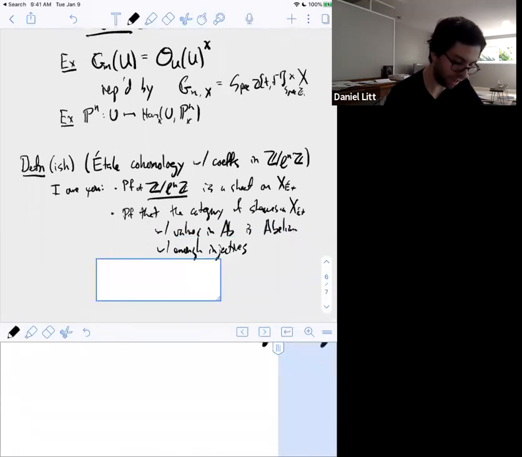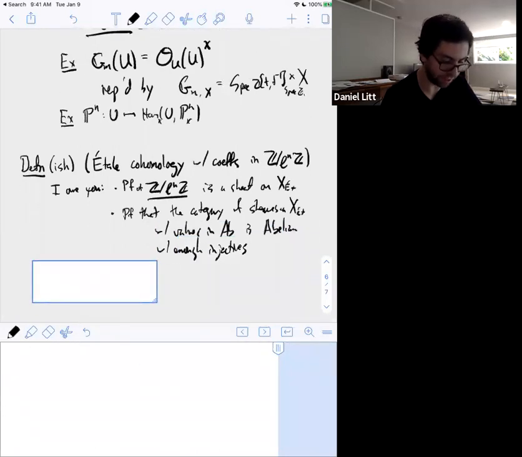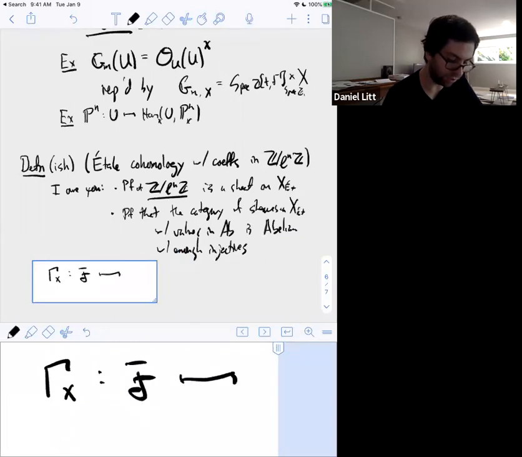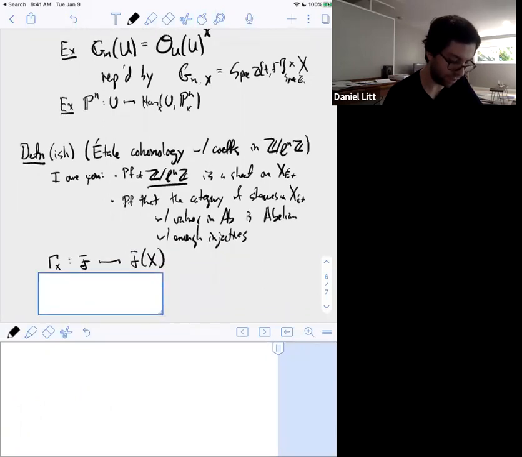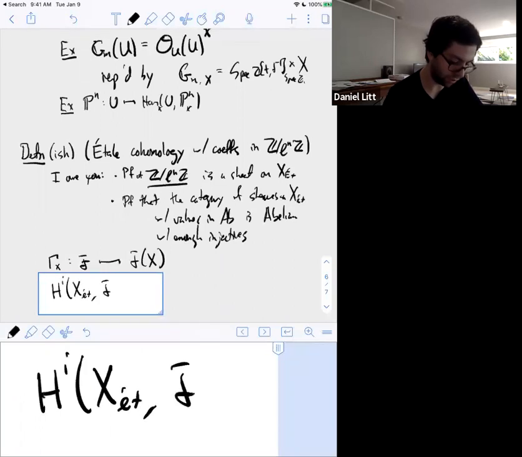Okay, and now once that's done, let me define Γ_X to be the functor that sends a sheaf F to its values on X. And then the definition is going to be that H^i(X_Étale, Z/ℓ^n Z)